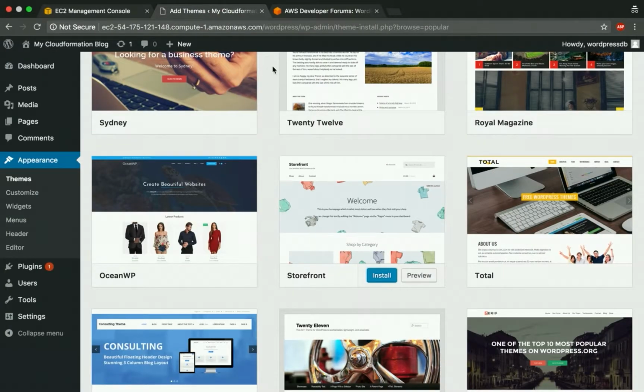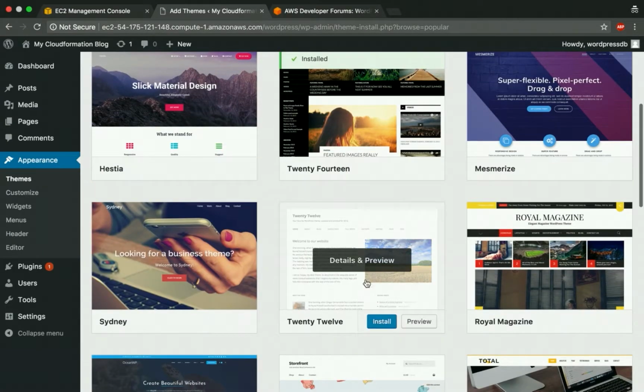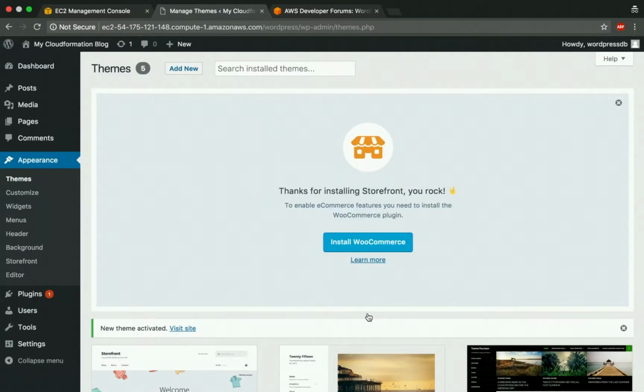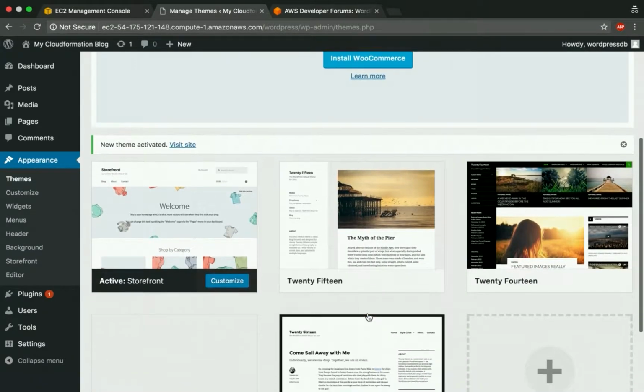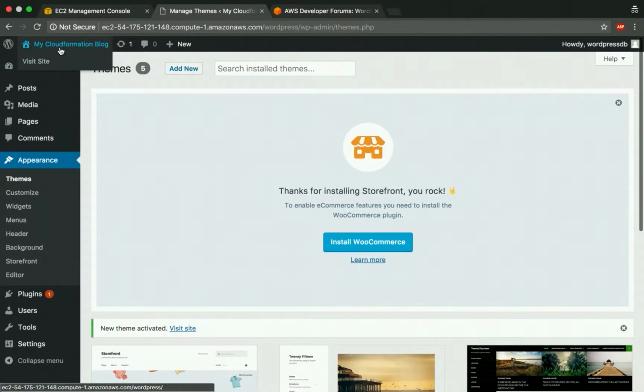Now I'm in the same page. I want to refresh this page. I click on install. There we go. So now it's installing, right? So it's installed. Let me click on activate. It's activated. So you can pause the video and type in that command, and you should have the same access now. So I'm gonna go back to this place where there's a home icon and visit site,